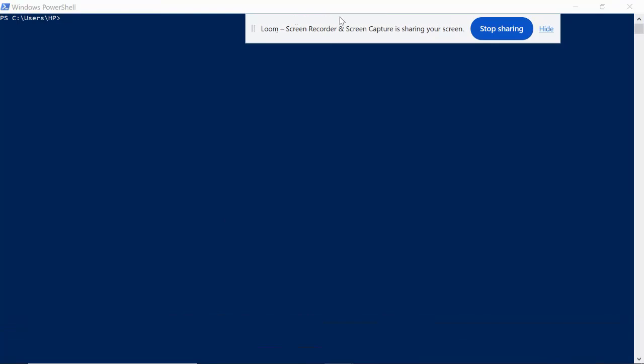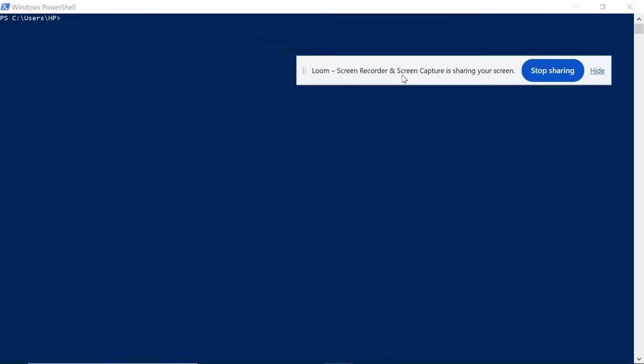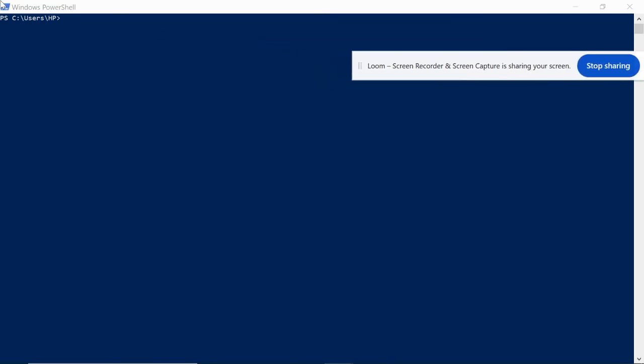Before you configure Git in your terminal, you have to verify if Git is already installed in your system. To do this, you just type in git --version, enter. So if Git is installed in this system, you see the version here. But if it is not, then you get an error message, which means you have to go and download Git